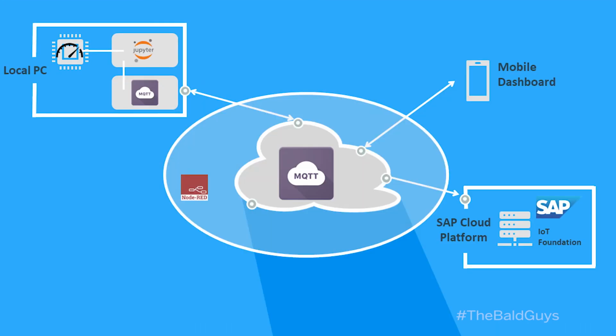Now we have covered the entire distance from sensor to SAP IoT system. Maybe you didn't find that easy. But look at it this way. With MQTT and Node-RED there are a few major advantages. With MQTT you can easily connect additional subscribers who are interested in the sensor data. For example, an MQTT dashboard on a smartphone. This allows me to read all important information and send control signals at any time.